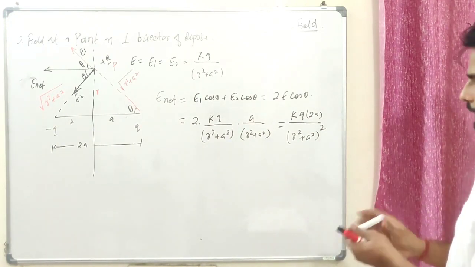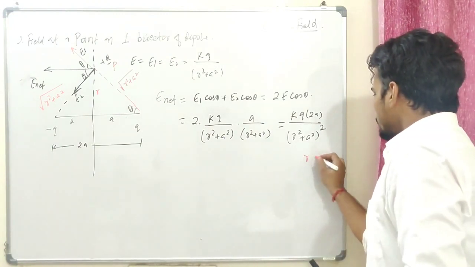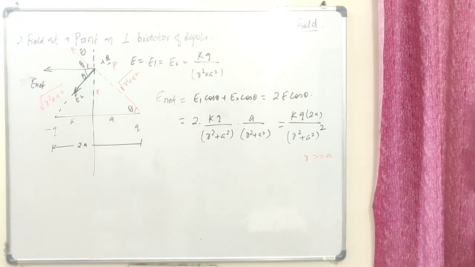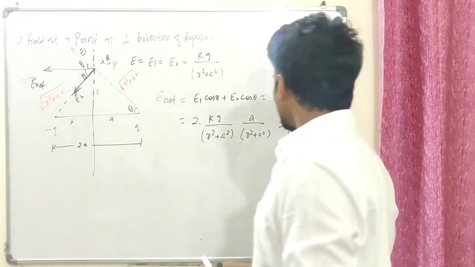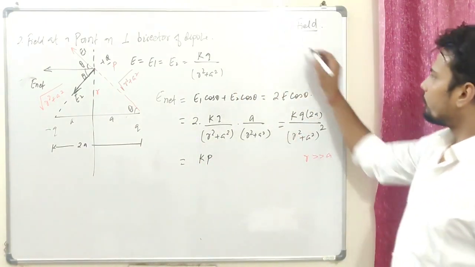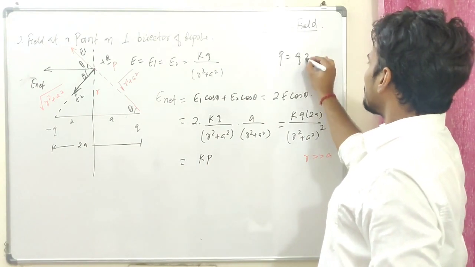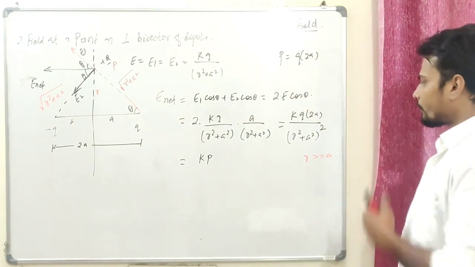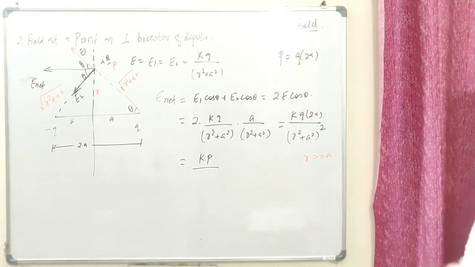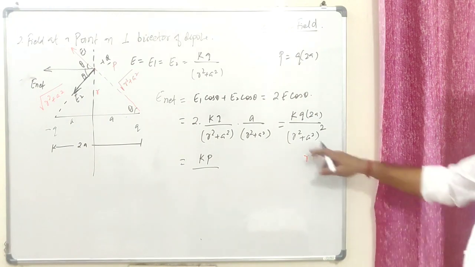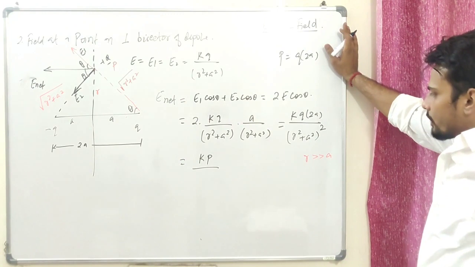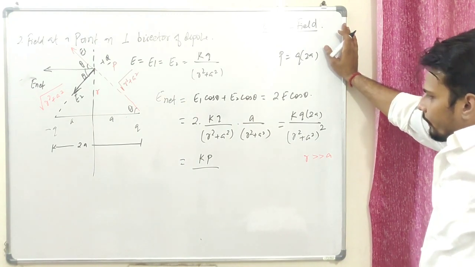Now we know that r is quite greater than a. Let me put the condition over here. We know that r is quite greater than a. It means a could be neglected in comparison with r over here, right? So what I'm going to get over here is k times the dipole moment, Q times 2a, we know that's going to be Q times the distance of the dipole, that's the dipole moment p. So kp over r to the power of how much? Over here, if a is neglected, kQ by (r square plus a square), now this is going to be how much? r to the power of 4.